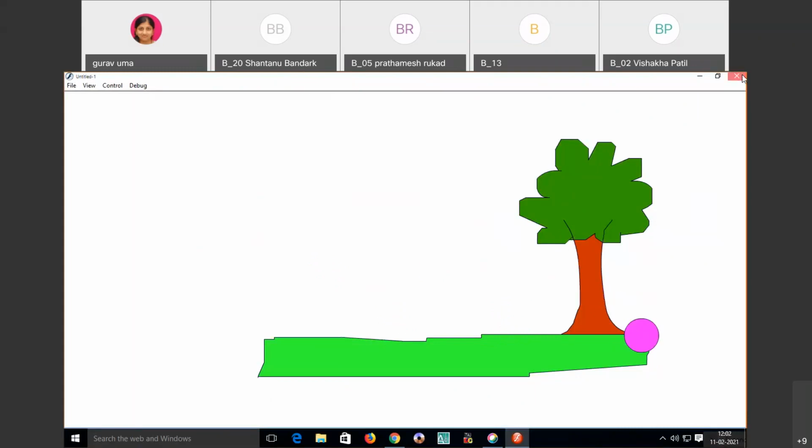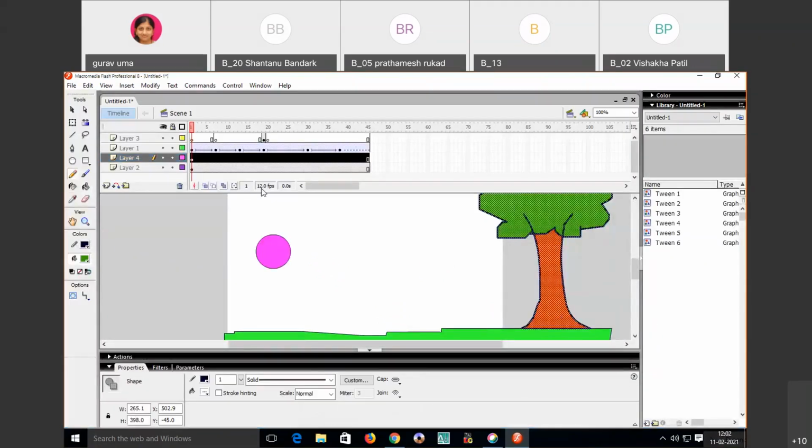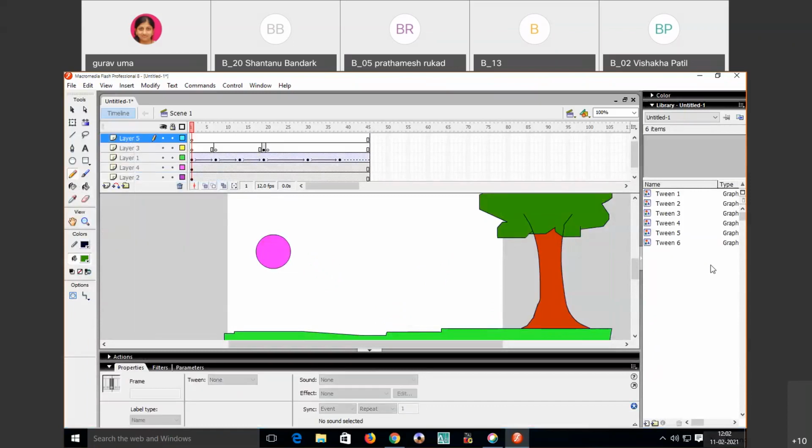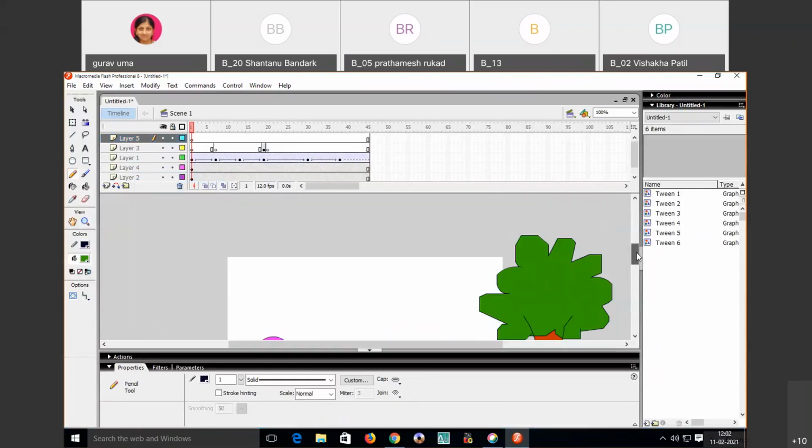So now again you can draw whatever you want. Just click on layer and then insert layer. Now I want to draw some mountains here.